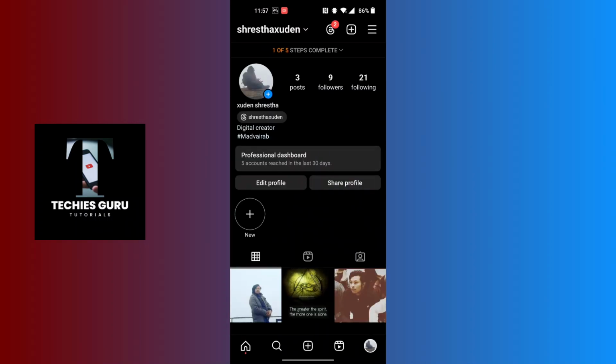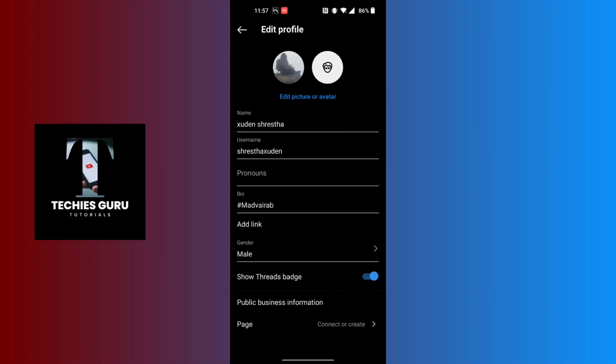And over here, you can see the edit profile option available for us just beside the share profile. Tap on that edit profile at the middle section of the screen. And now in order to remove your threads from the Instagram bio, before we proceed, do make sure